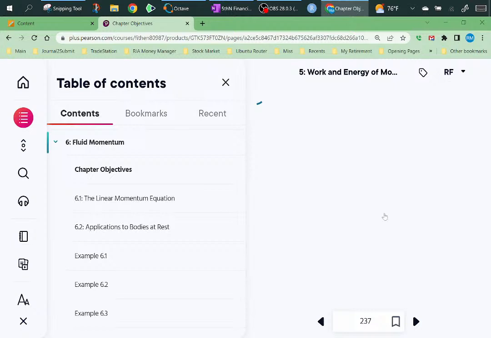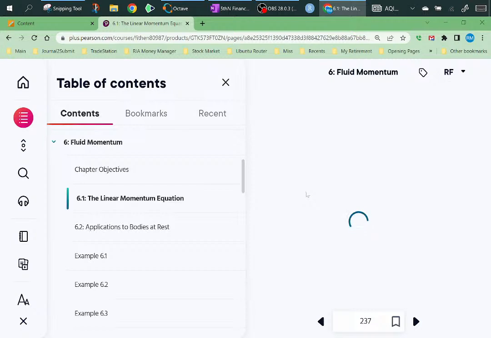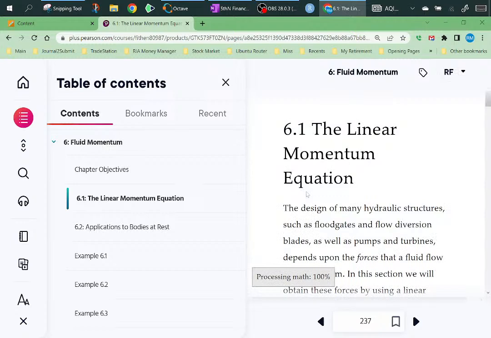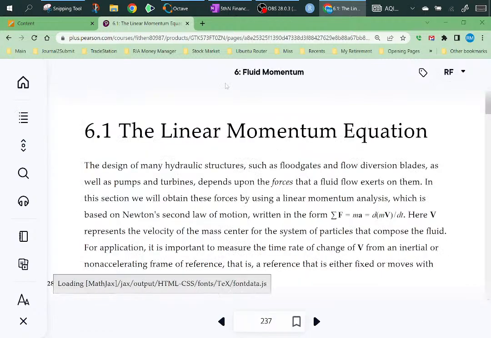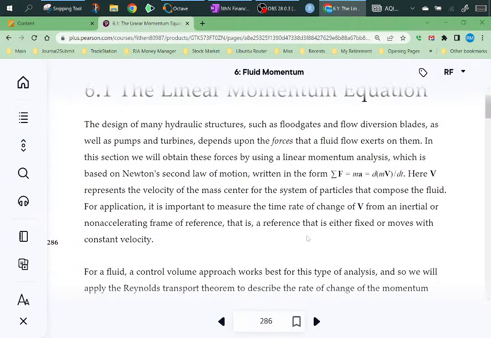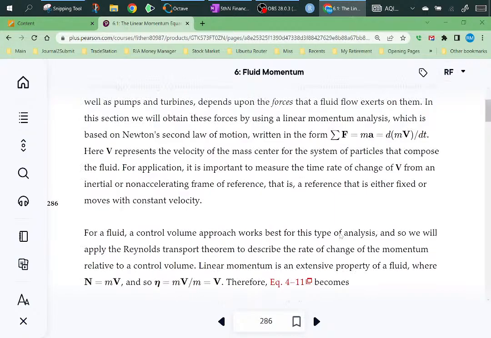Linear momentum. Hello. Gosh, it's slow. Okay, doesn't look that way. Okay, maybe it does look that way. So he starts looking at